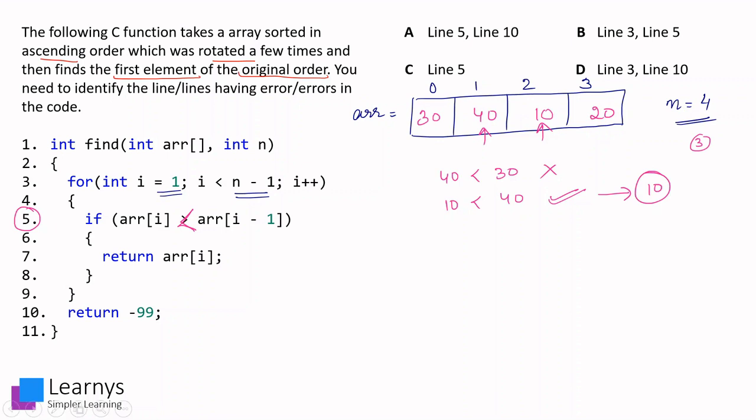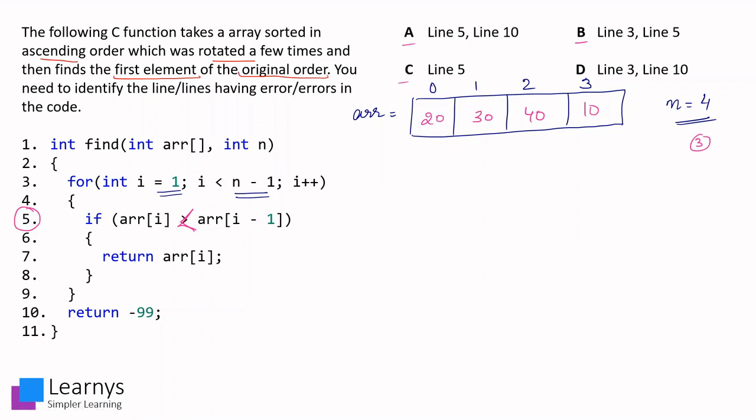Let us just consider one more possibility. Suppose the array input elements were 20, 30, 40 and 10. Now how did I find this one more possibility? Since I found the error in line number 5, but in my options I have 3 options, A, B and C having line number 5, I want to be more clear whether it is working perfectly fine or not. So I will check for the boundary cases. So now I have put my output at the last position.